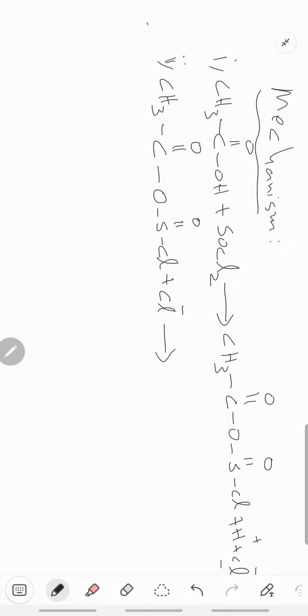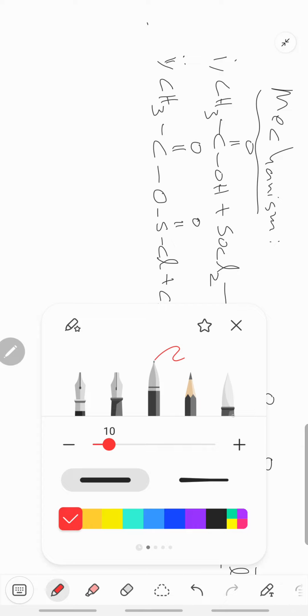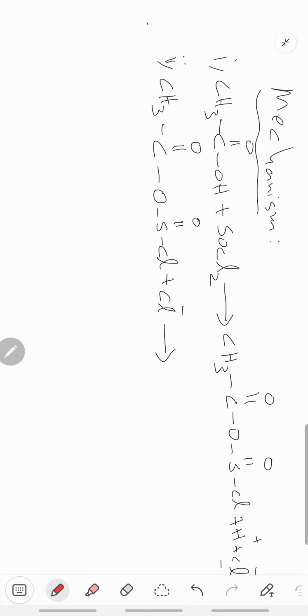Now what will happen? Let me change the color here. As there is a partial positive charge on carbon and negative charge on the oxygen, this chlorine will go there